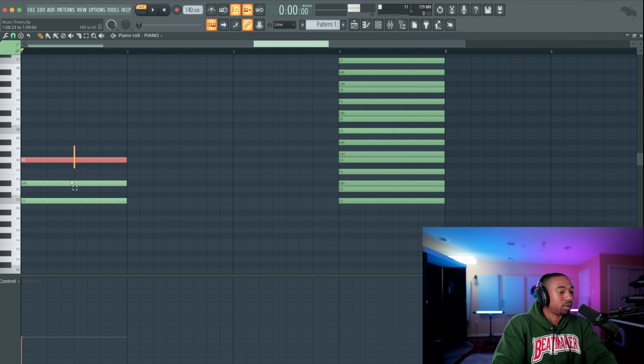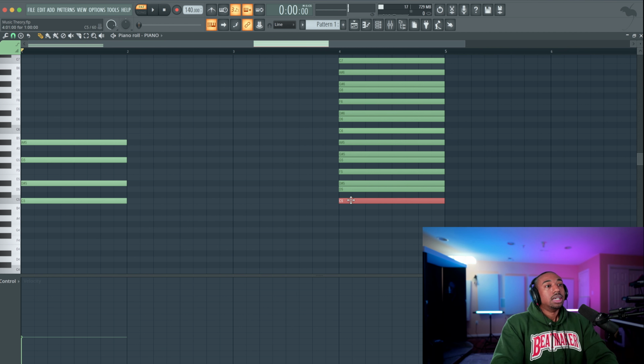Okay, so now we have this. This is a C minor triad. Now, what R&B folks do is they extend this chord. Again, the key is skipping every other note within the scale. So go from C, skip D, go to E flat, skip F, go to G, skip A flat, go to B flat. That's our next note in this chord. And you just keep doing this until you map out the notes that you want.